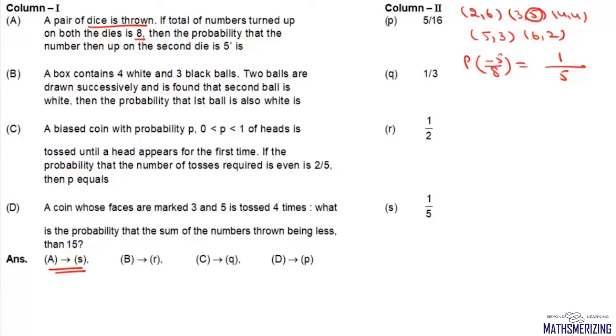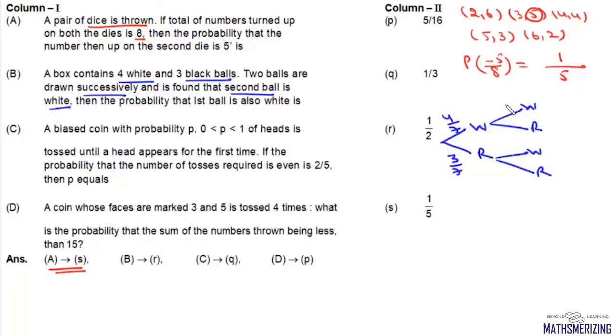Now the second one is, a box contains 4 white and 3 black balls. 2 balls are drawn successively and it is found that the second ball is white. Find the probability that the first ball is also white. Now while drawing a ball, the first ball can be white, it can be red. It is white with the probability 4/7 and red with the probability 3/7. Now if first is white, then the next one could also be white or red, and here also it could be white or red. Now if first is white, the probability that second is white is